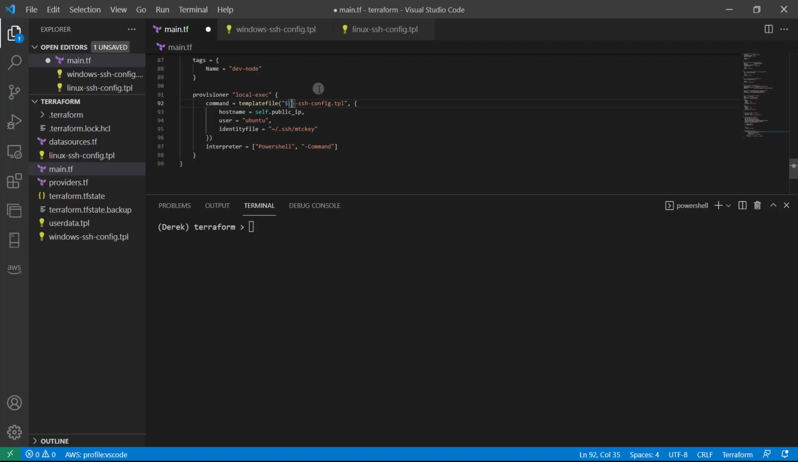So let's go ahead and name this variable. We'll call it var.host_os. So anywhere we need a variable, you specify it with var.variableName, just like so. So now if I choose Windows, then it will be Windows-ssh-config, Linux, Linux-ssh-config, just like so. So now what we need to do is initialize this variable and specify